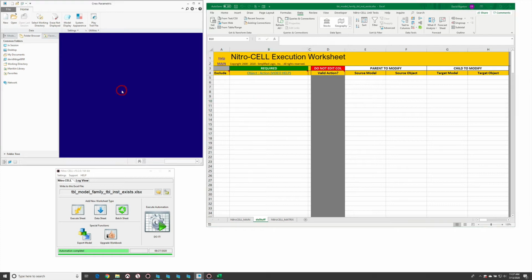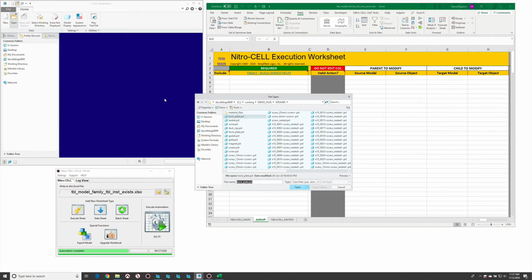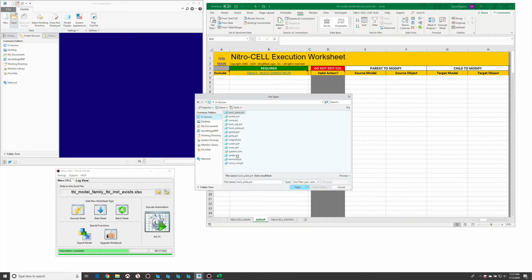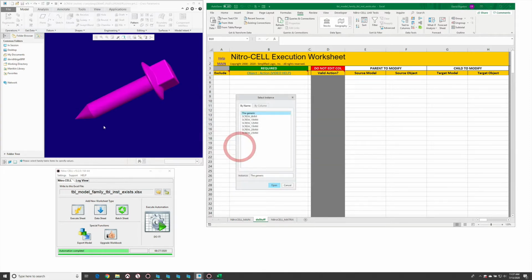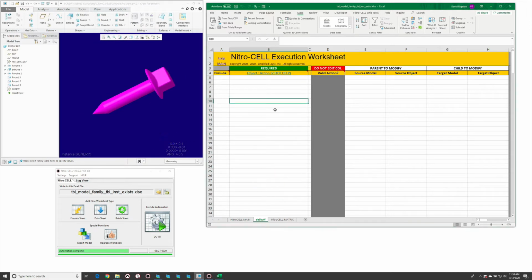Let's talk about reporting instances in a family table to Excel and verifying that they exist. I've got a screw part here that has several instances in it. As you can see, it's just got some very generic names. And to do this, we're going to use a family table instance exists function using the